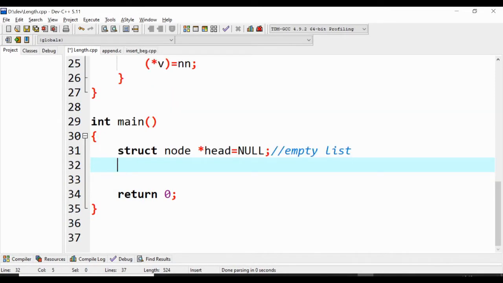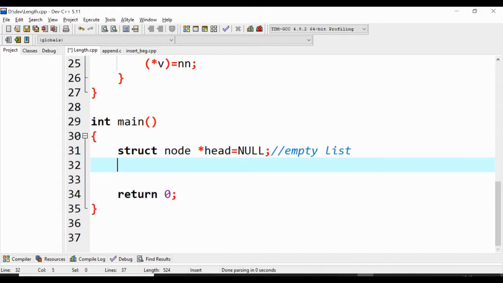We are here to count the number of elements that are present in a linked list. So before the counting operation is done, there must be some elements in a linked list. So we should have performed the insertion operation. There are so many types of insertions. To know about it, please do visit my previous videos. I am here going to consider insert at the beginning.